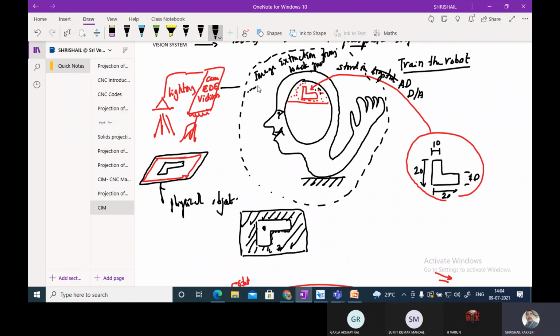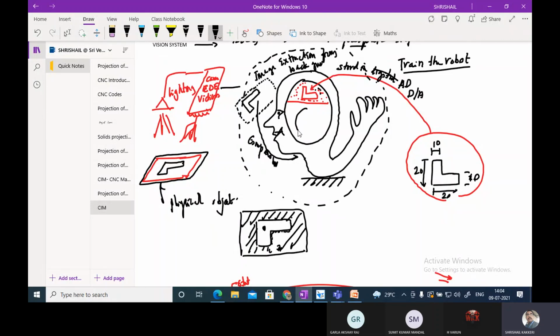So out of this entire image, only this particular image will be extracted and taken for the processing, for the comparison. And here what happens is template matching.